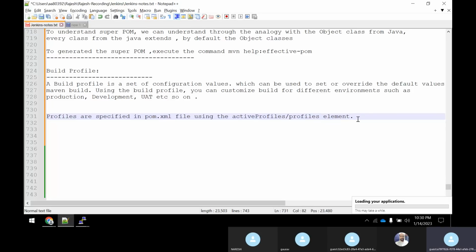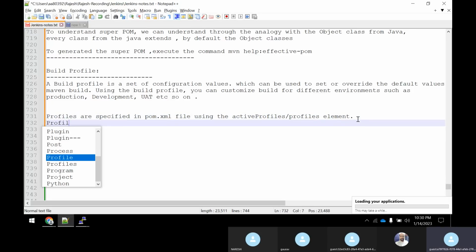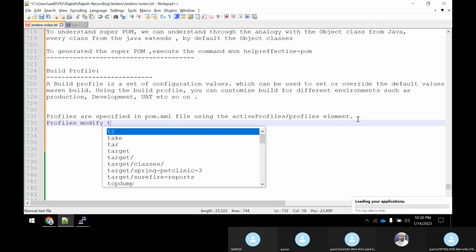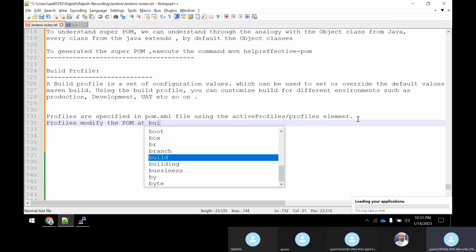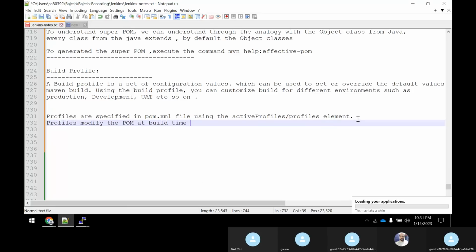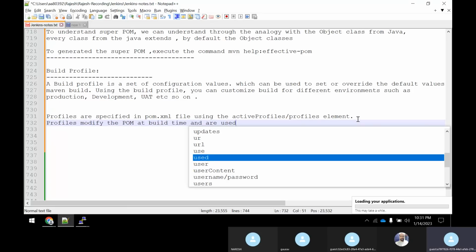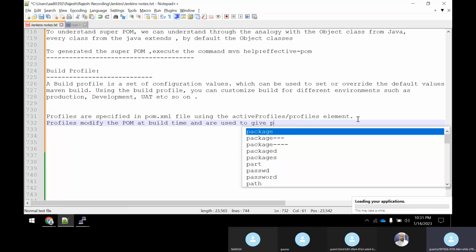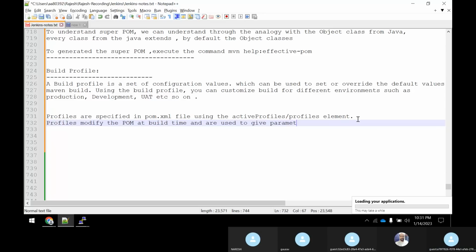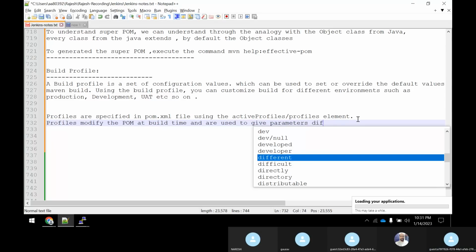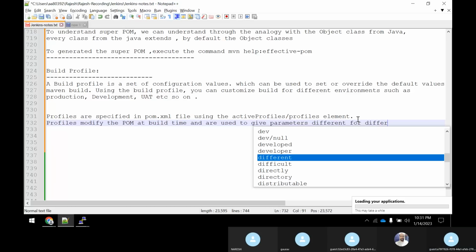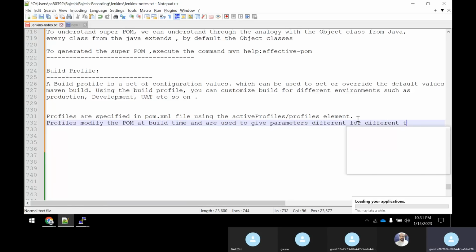So basically, guys, you could say that profiles modify the POM at build time and are used to give the parameters differently for different target environments.